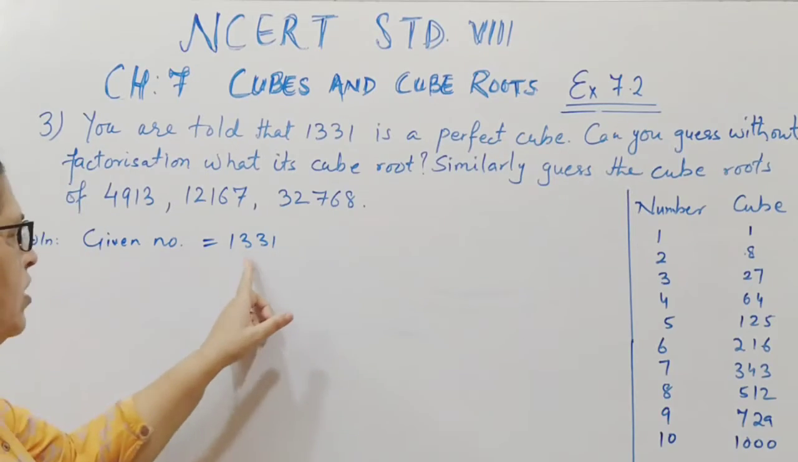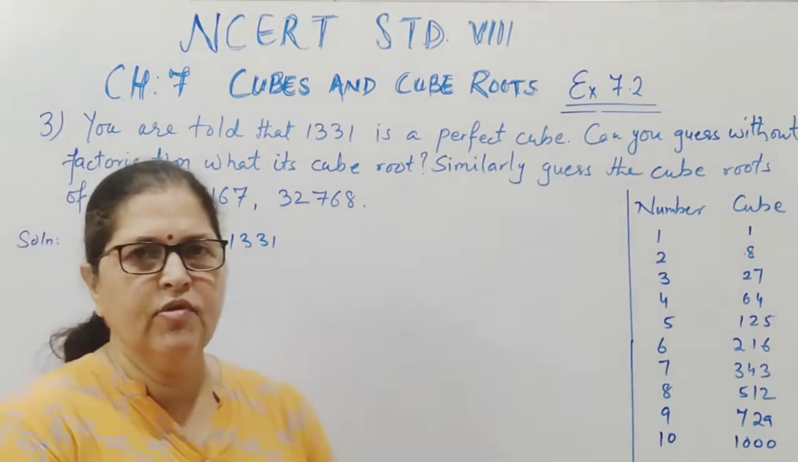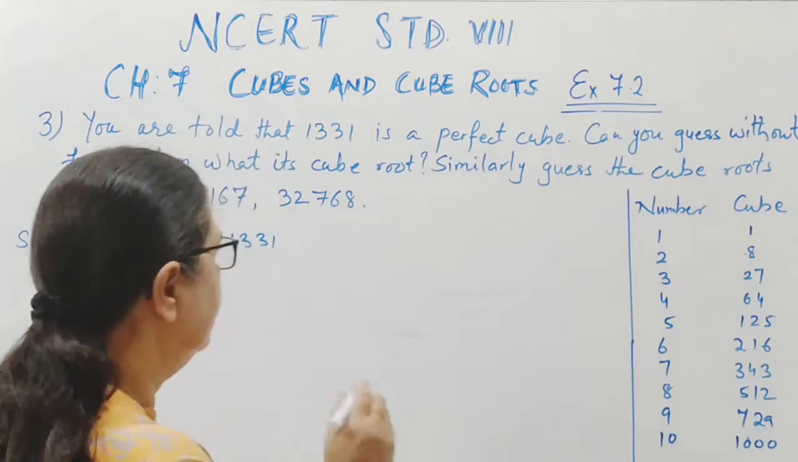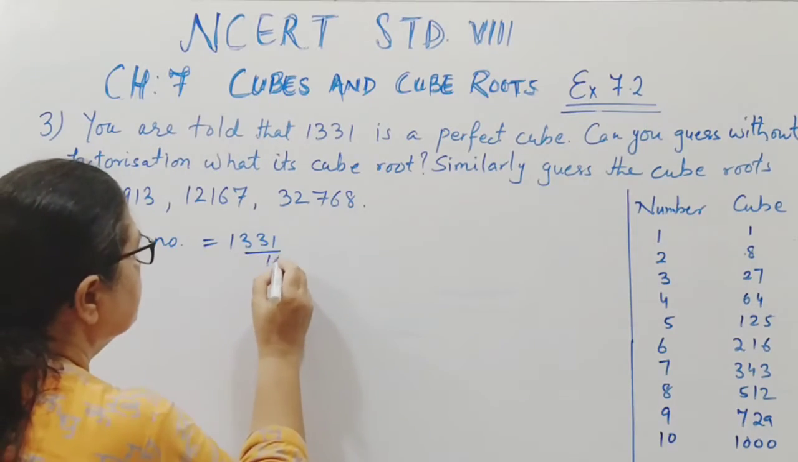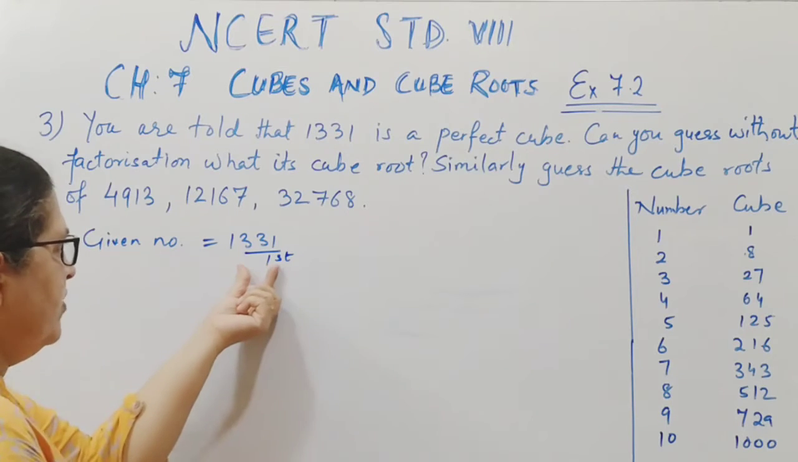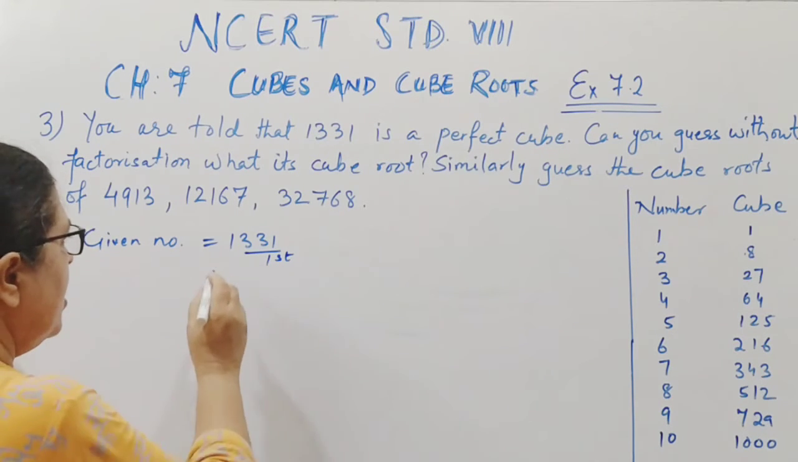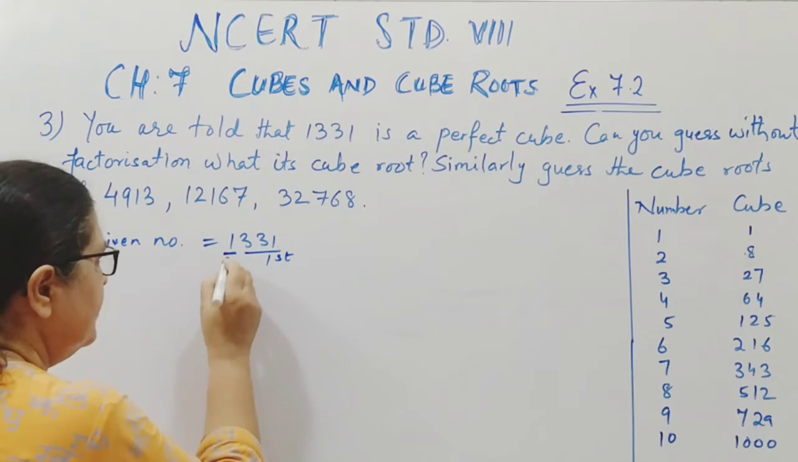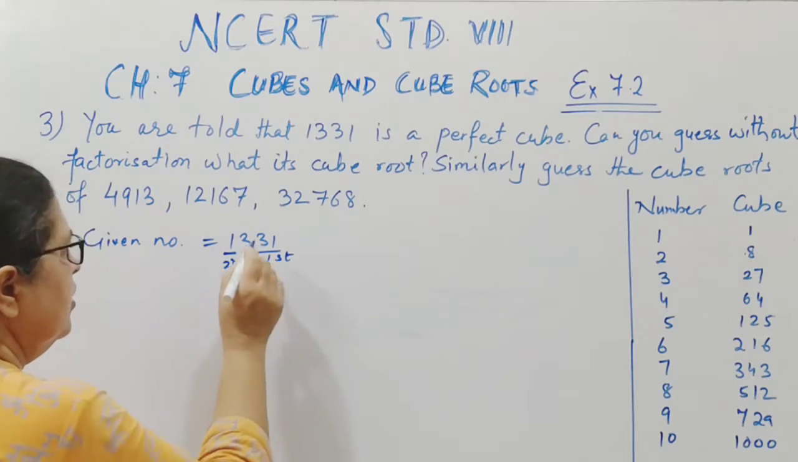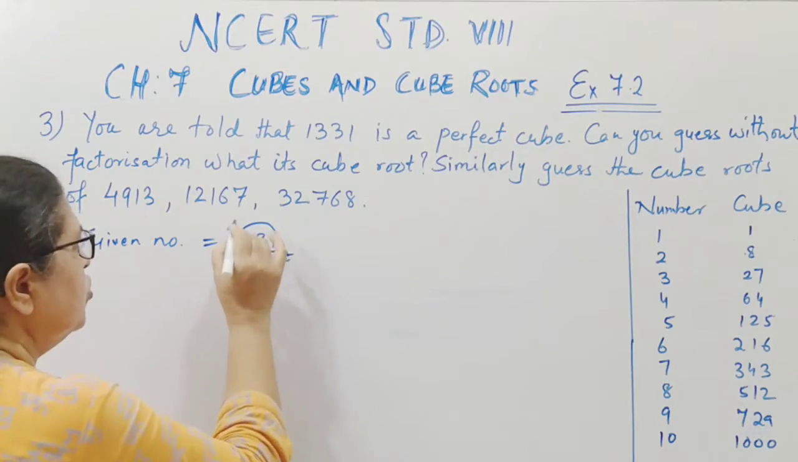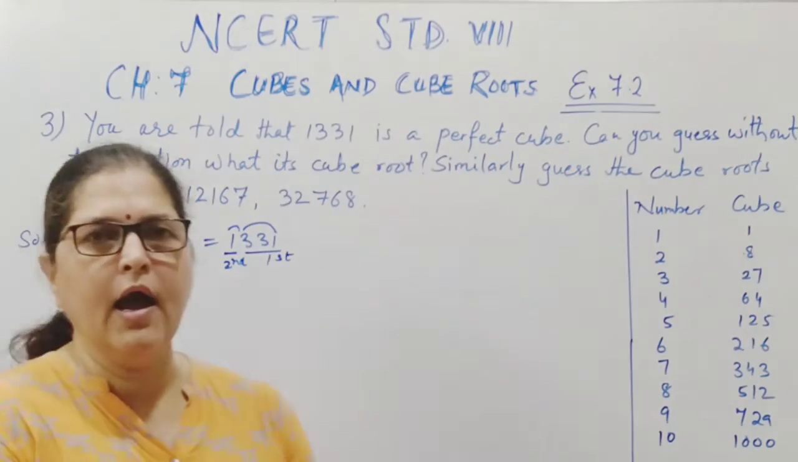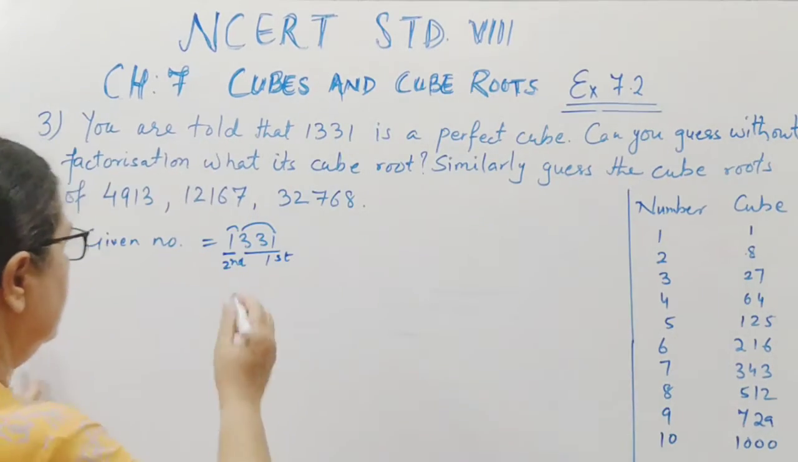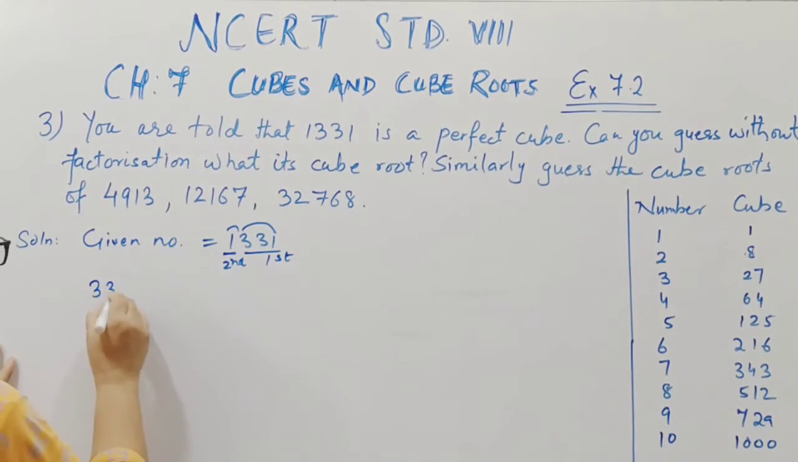Given number 1331, we will start making groups of threes from ones place. First group is complete. Now only this number is left, so we will underline this also. This is second group. Since we have two groups, there are two digits in the cube root of this number. Now we'll take the first group